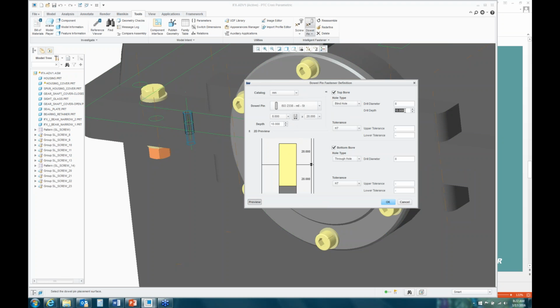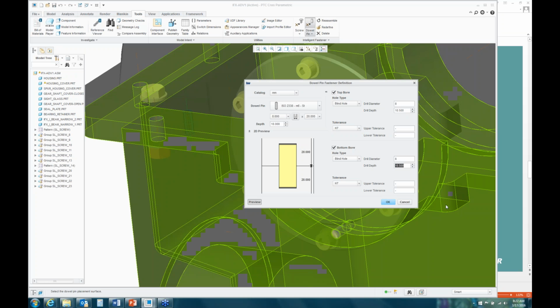Okay? And in this case, we'll say the depth is 10.5 to accommodate the length of the dowel pin. And we'll do the same thing on the bottom hole, and it's also going to be 10.5. If we like what we see, we can hit OK